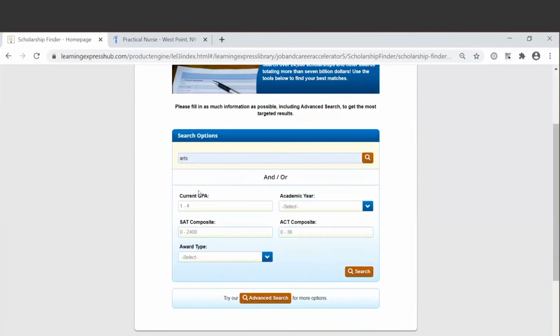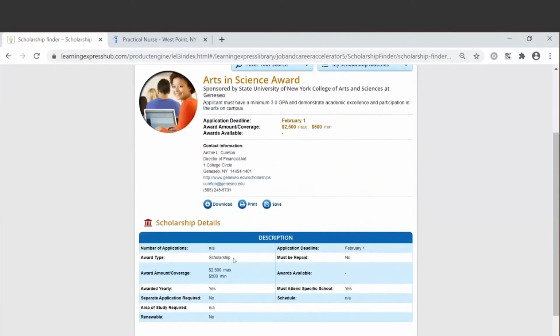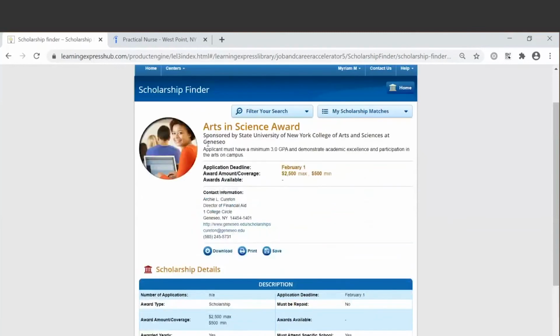Once I click on that, you'll see here is one of the awards. And so it will tell you all of the information that you need to know whether or not to apply for it. So you'll see the deadline, how much is covered that is available within the award, when it is available, any contact information.